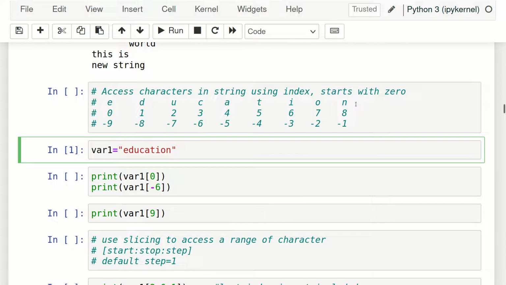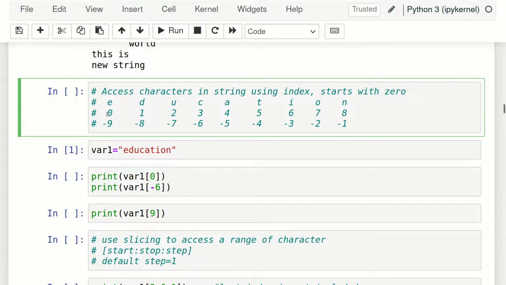Now to access an index, at first you have to learn how indexing works. Basically in Python, indexing starts from 0. We generally think that it should start from 1, we generally say it is letter 1, 2, 3, 4 like this, but in Python it starts from 0. So keep this in mind. As a beginner people generally forget it. If I ask which is index 1, then they will say E, but index 1 is D, because it starts from 0. So indexing starts from 0 and then 1, 2, 3, 4 like this.